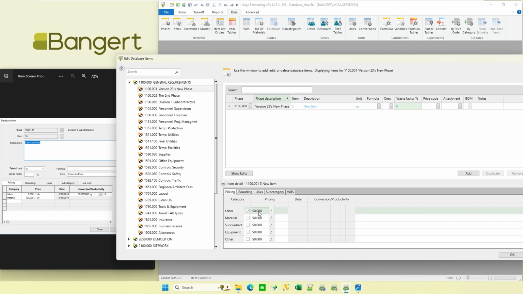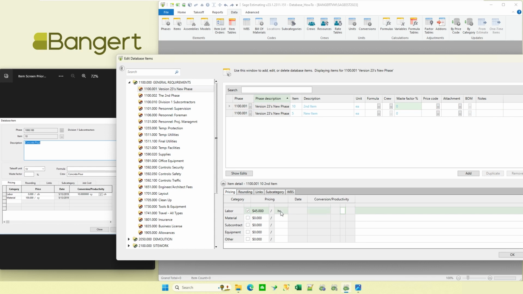Now in this case, I might go through there and say I'm taking off per each, and maybe they're $5 each. Or matter of fact, let's say it's a material item instead of labor. So let's say it's $5 there, and I could hit add again. Same type of thing, so maybe item 10. Maybe this one's going to be labor. Maybe I'm going to say it's $45 per, and I could basically pick different unit of measures.